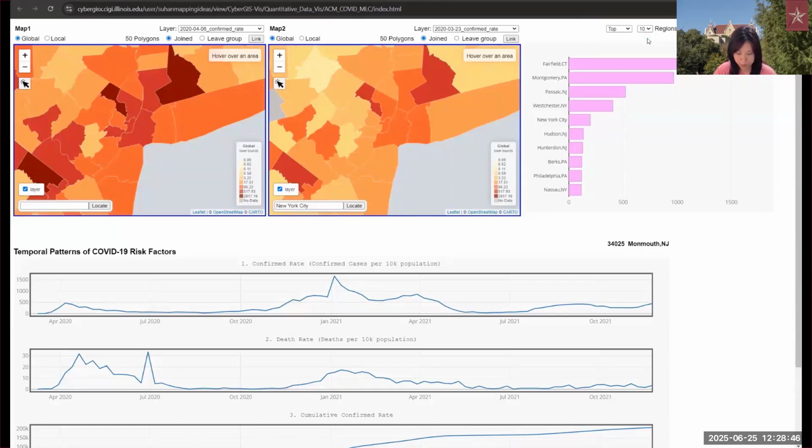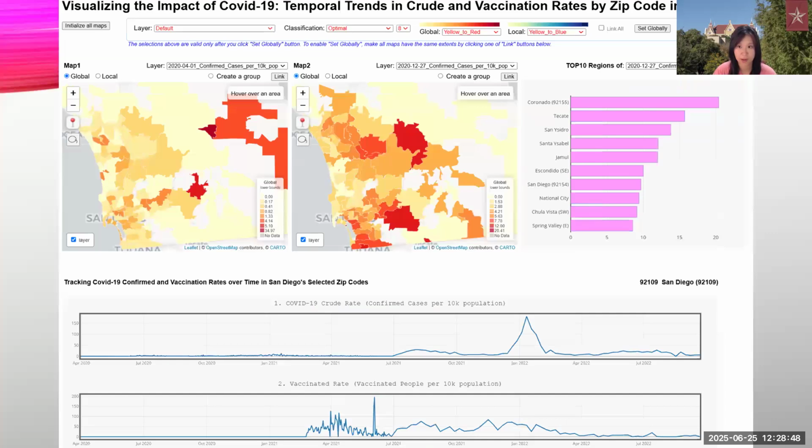Okay, so let me move on. I wanted to show you that you can visualize any data set that you have. You can visualize any spatial temporal data set that you have